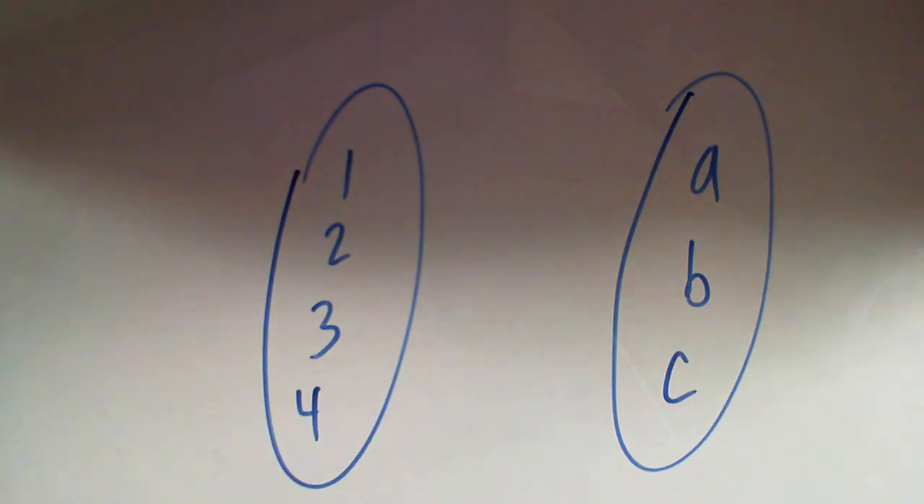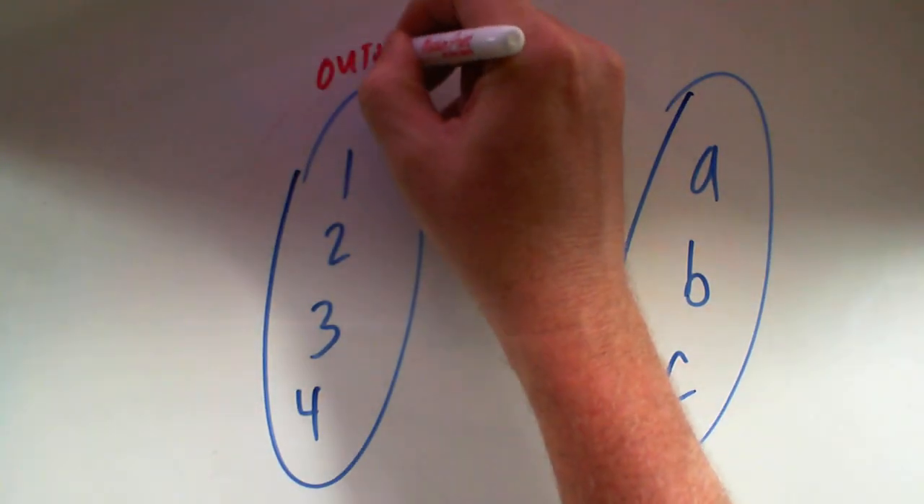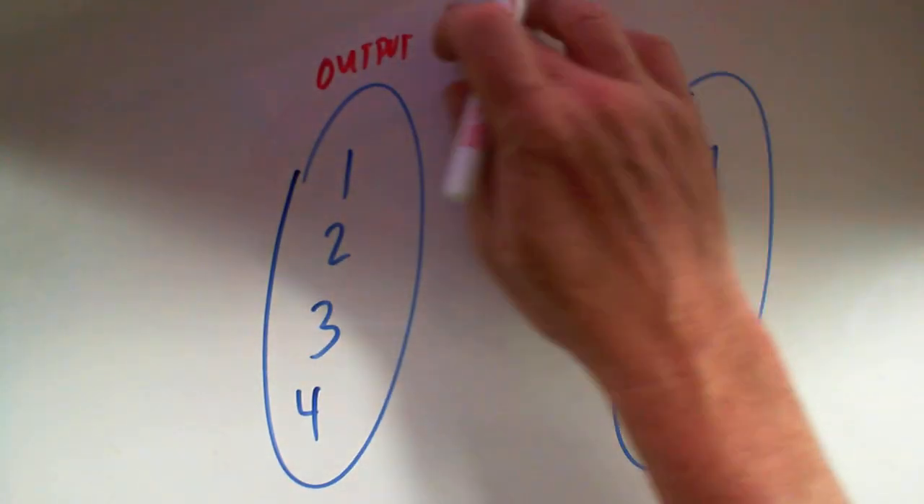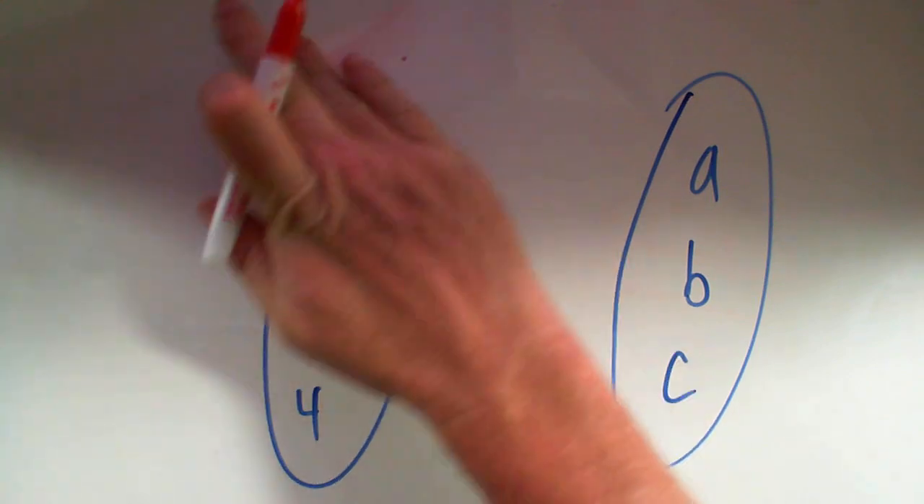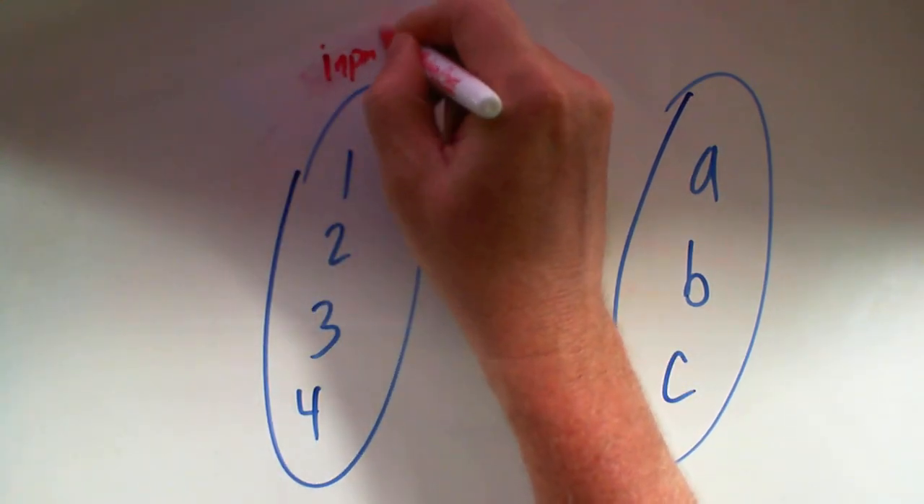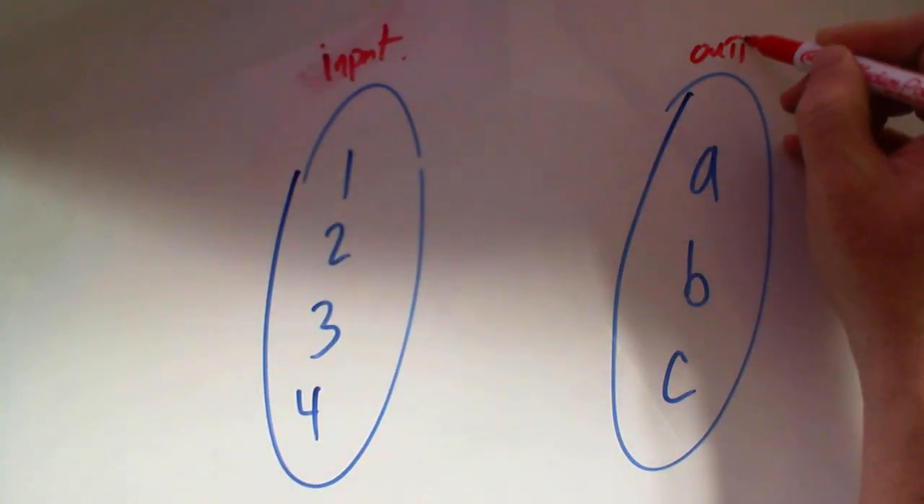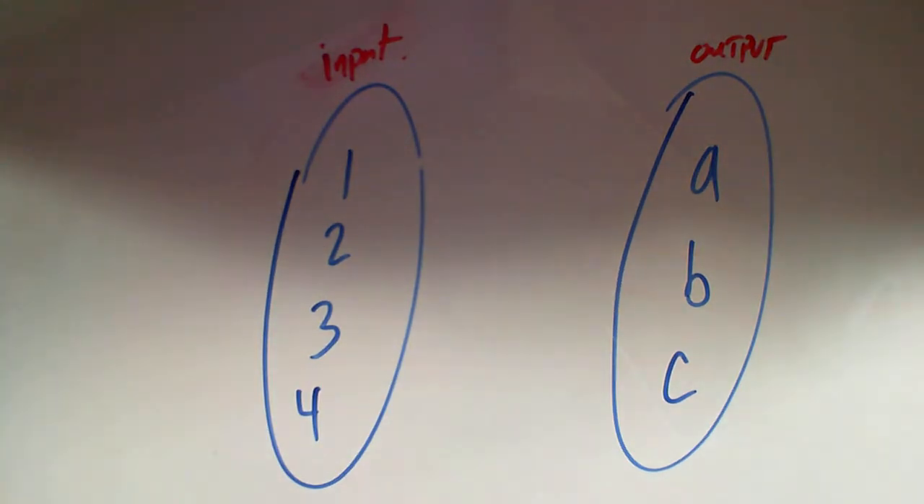In the second example on the page, however, we see the arrow configuration is a little bit different. Oops, I put output over my input. I'm going to erase that and put input. And then over here we've got output. All right, so